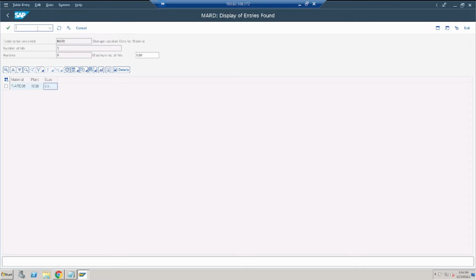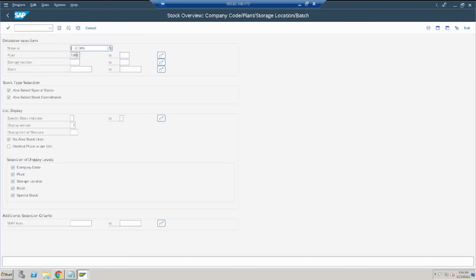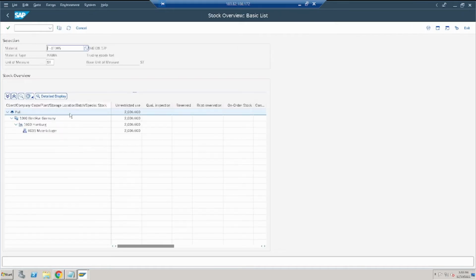So let's do /n MMBE, open it, enter 0001 and execute it, and I will keep it open. See, around 2000 quantity we do have. So what we have to do, let's open a new tab.